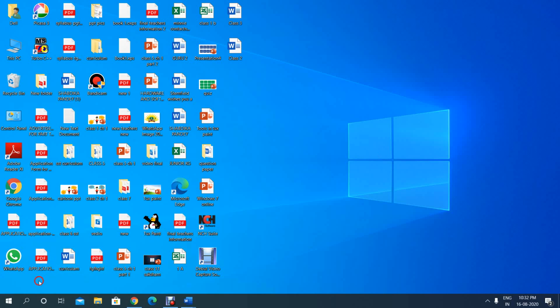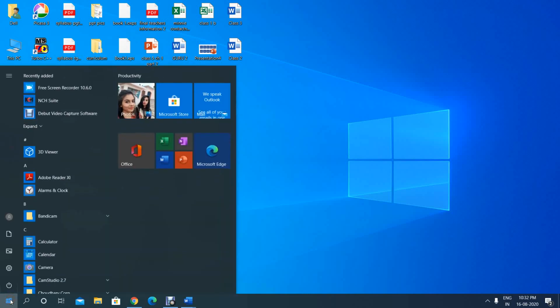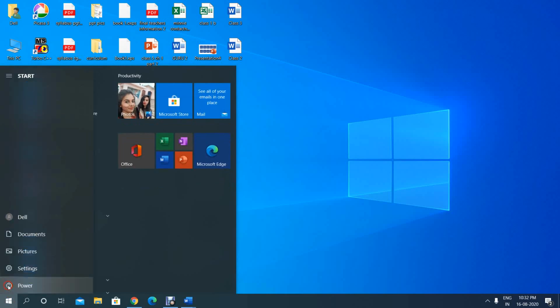You have to choose the start button. So where is the start button? At the corner we have the start button. So you have to click on the start button and click on the shut down button here. Here you can see the shut down button. So you have to click on the shutdown button, so that you will shut down your computer.